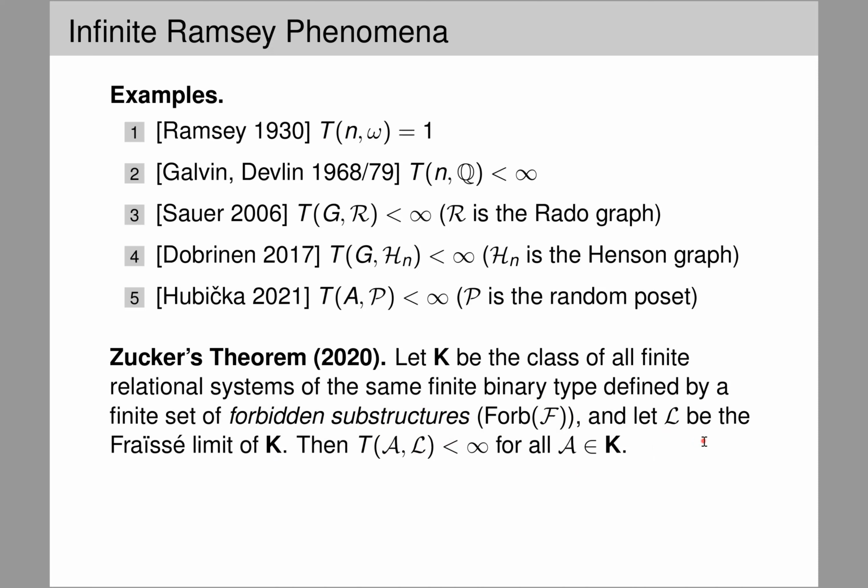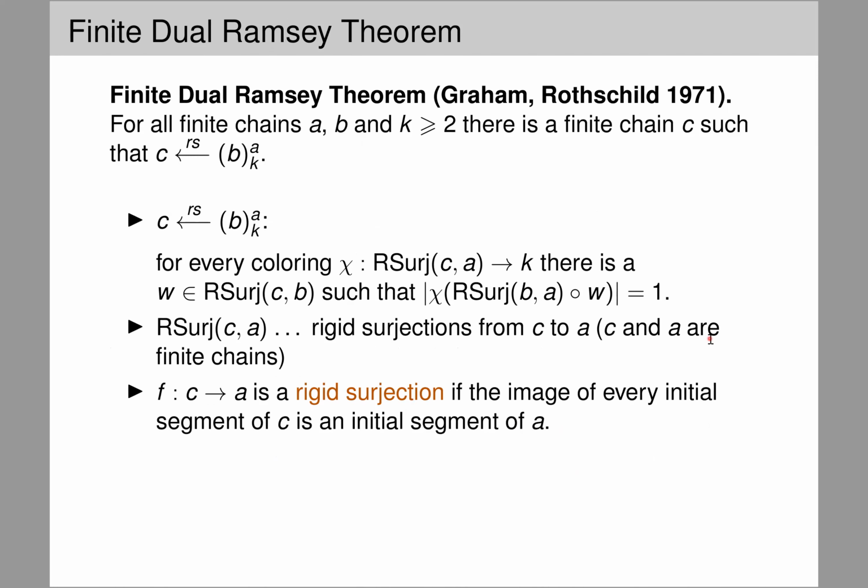All right, so these are the big Ramsey degrees. And as I said, these are generalizations of the Ramsey property. In the finite case, we end up with small Ramsey degrees, and in the infinite case, we end up with big Ramsey degrees. Now, of course, there are dual results. The finite dual Ramsey theorem was proved already in 1971. So basically, in terms of chains, it tells us that whenever A and B are finite chains and k is a number of colors, there is a finite chain C, such that C is dual Ramsey for B, A, and k. Now, this RS above the arrow